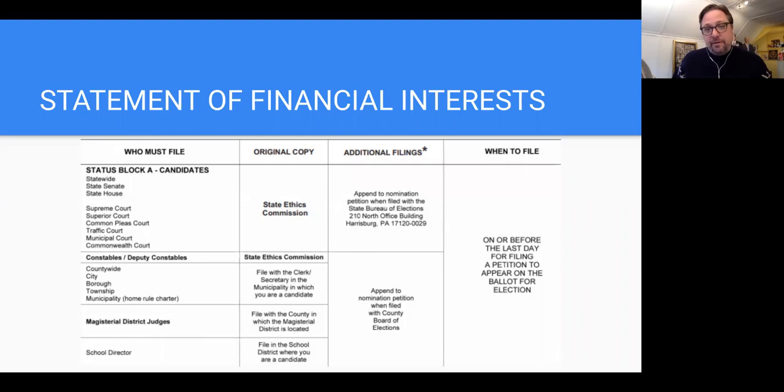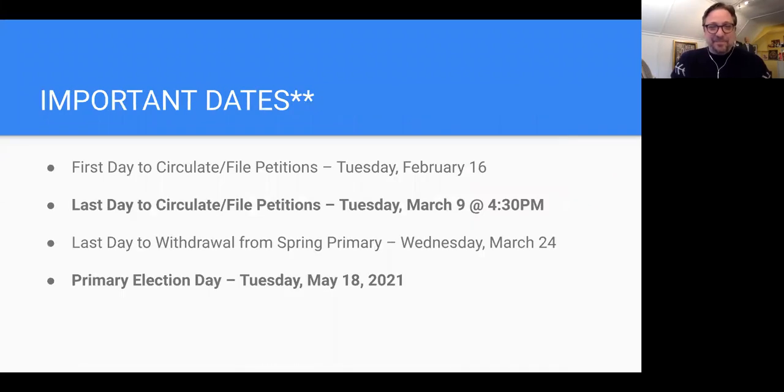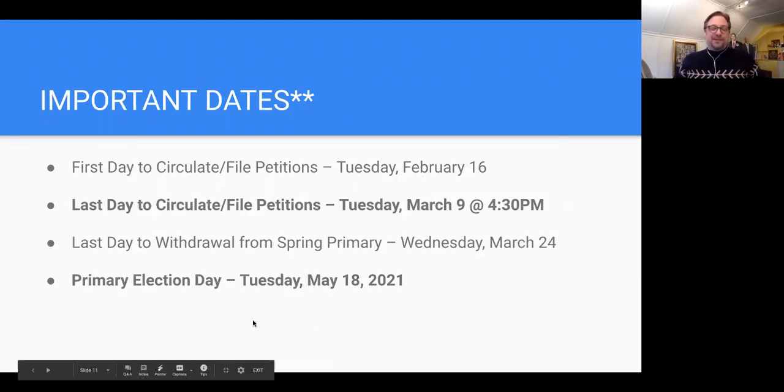But it is a very, very important part of this process. There are questions on the statement of financial interest, and they're not asking you to really disclose any information that wouldn't be included on any general filing. They just want to make sure that you don't have extensive revenue sources from the Russians or someone else, trying to avoid any potential conflicts of interest at all levels of government.